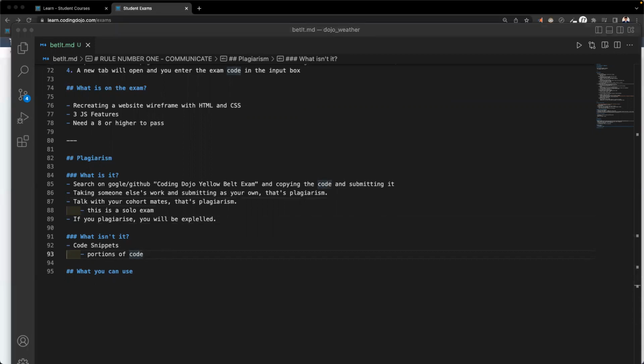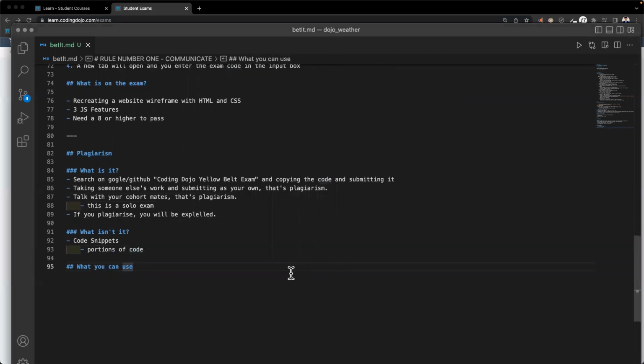So let's see here. What can you use? Let me type this out as we go. You can use Google, W3Schools, Stack Overflow, and websites like this. You can use the Learn platform.